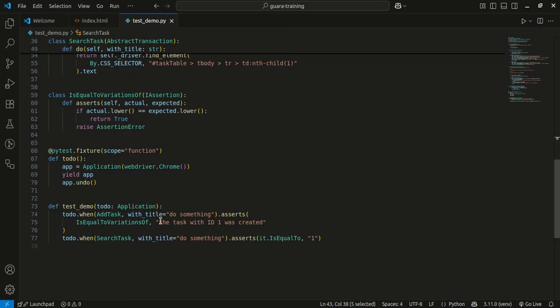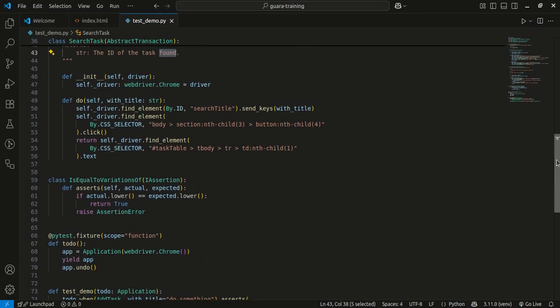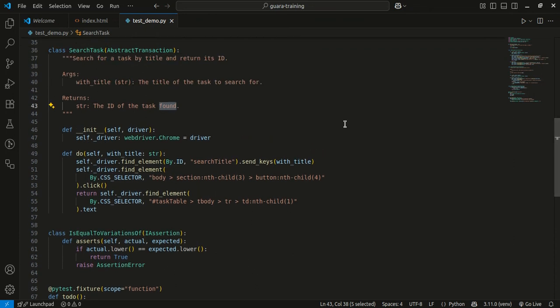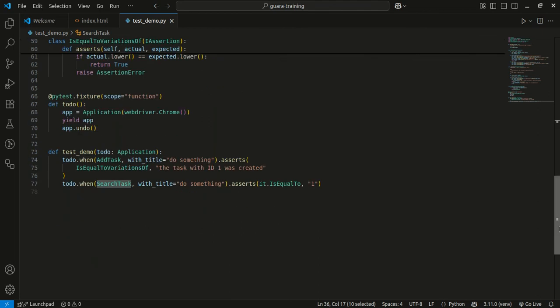Okay, so this is a way to document your implementation. Okay, and it helps a lot other testers that will use your transactions. Okay,